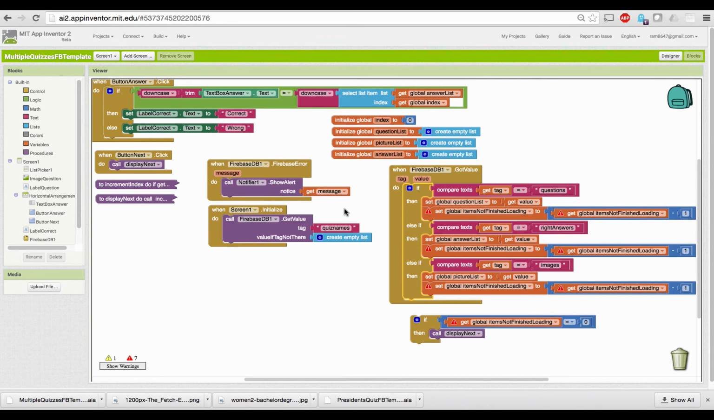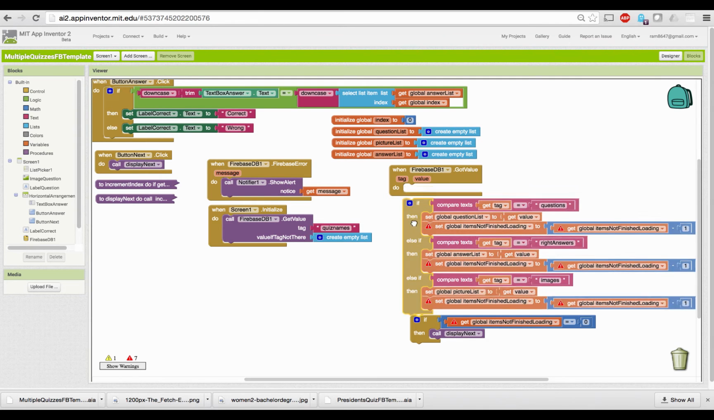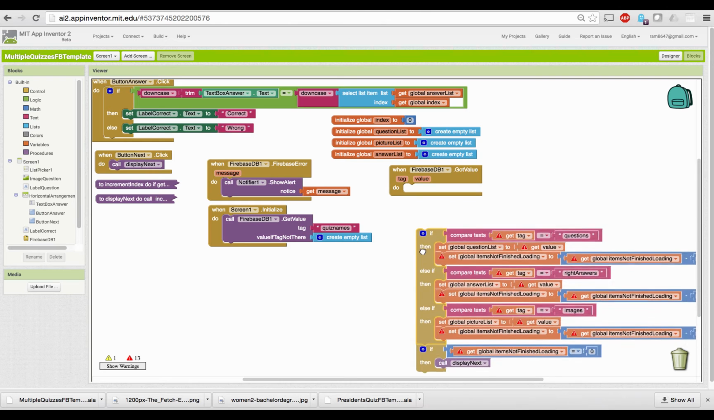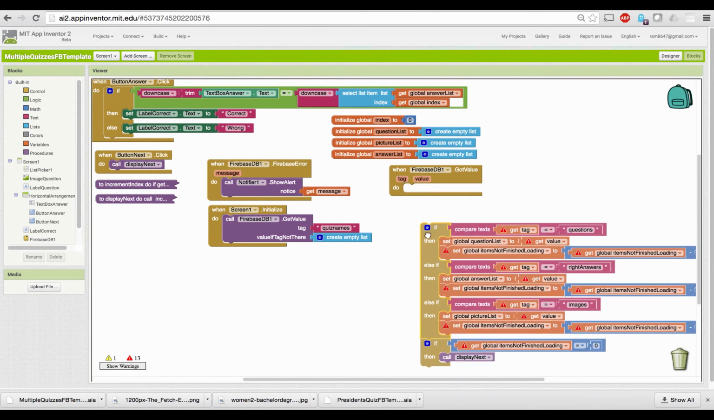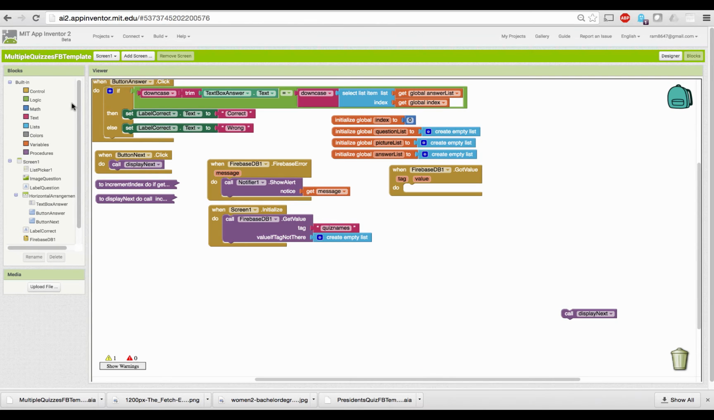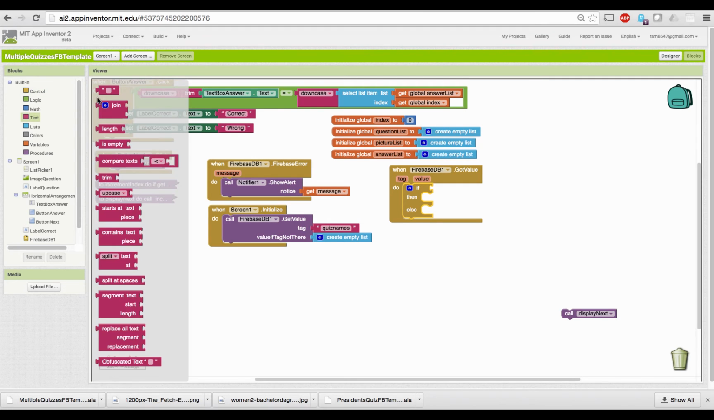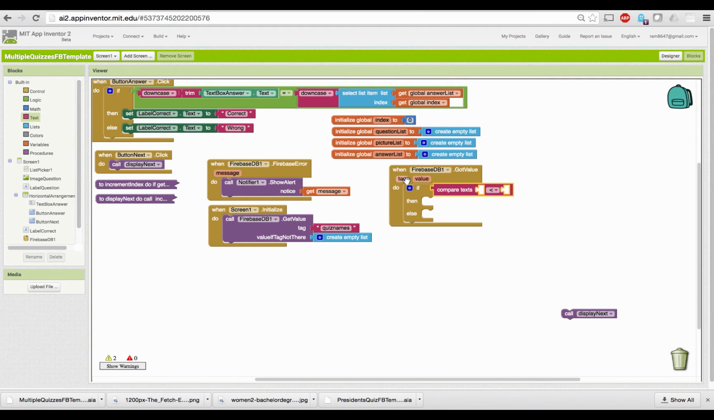As you know, because this is an asynchronous process, we need to respond to the result that Firebase sends us in the got value block. So I'm going to clean out most of this here. So we do need an if else. So I'm going to put an if else in here. And the first thing we're going to check for is the tag quiz names. If we compare text and the tag that we get back from the database is equal to quiz names, then